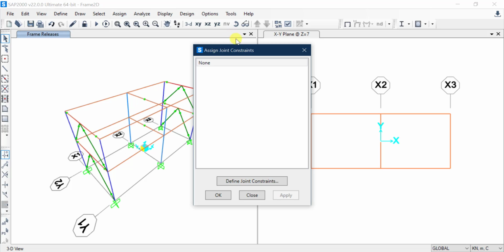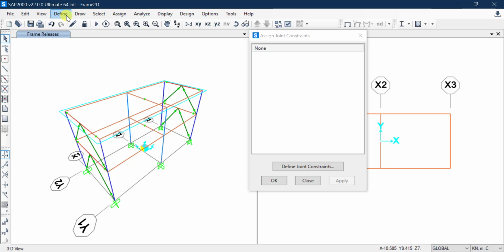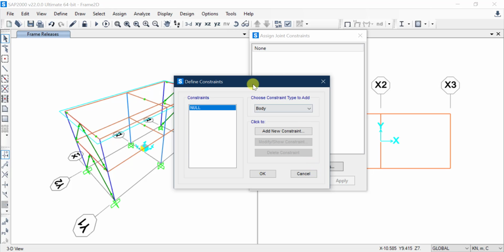So in constraints, if you open it, first you need to define a constraint, which you can actually do directly here, or you could go first to the define menu, define constraint, and then assign it to some group of points. Or you can automatically click on this button, which will open the define a constraint dialog. So if I click on this one,